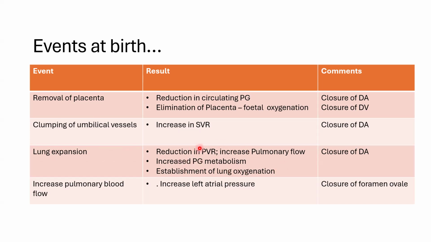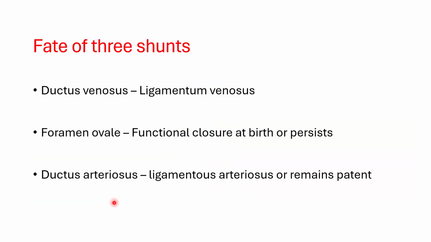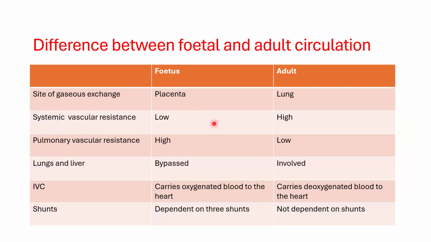All these three contribute to the closure of the ductus arteriosus, as well as the closure of the foramen ovale from the increase in left atrial pressure when the pulmonary blood flow increases. So I ended up talking about the fate of the various shunts, and then we talked about key differences